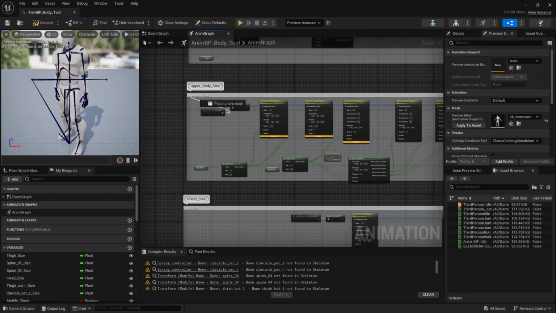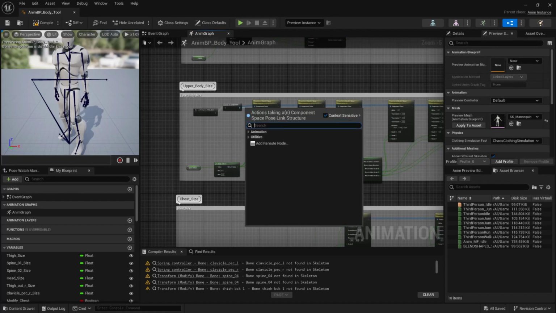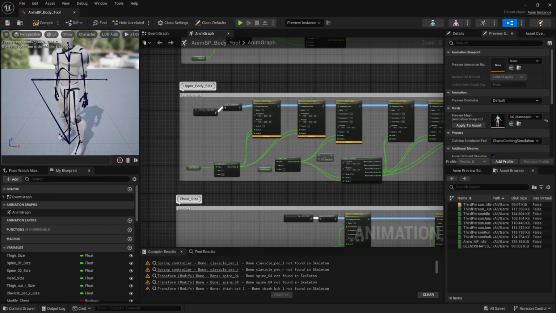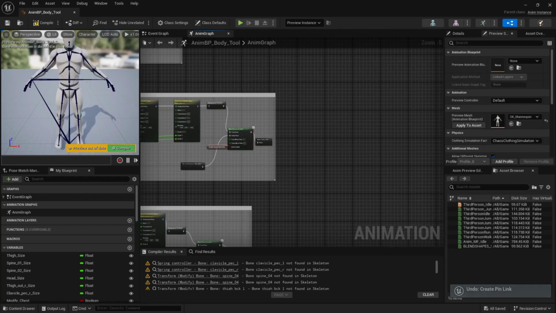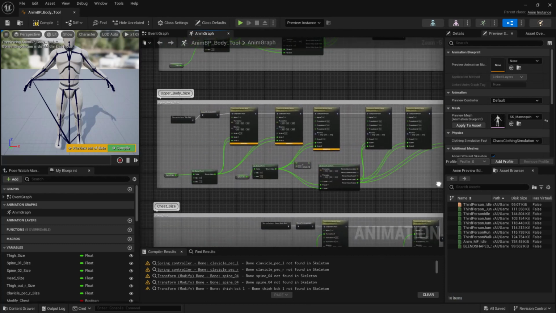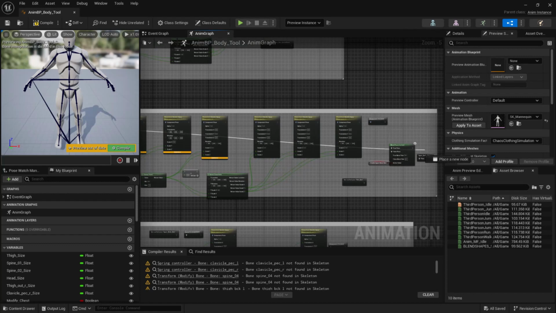upper body size. Skip all the bones with the errors. I think I'll drag from local component instead. If you don't want to use it altogether, basically you just connect it here, okay? And all those errors for that particular part will go away after you compile it. But I want to use some of this functionality, so I'm just going to undo that. And I'm going to connect it to here, okay,